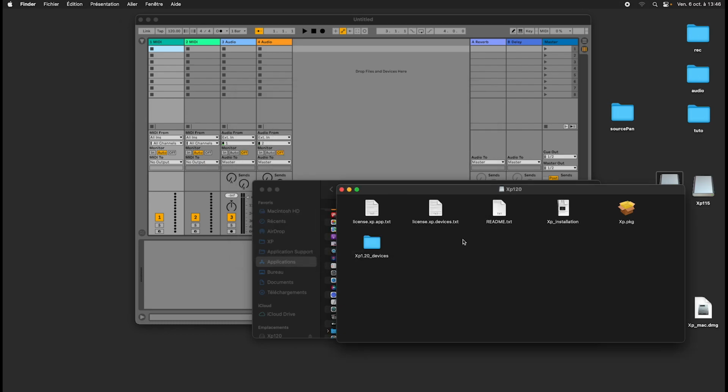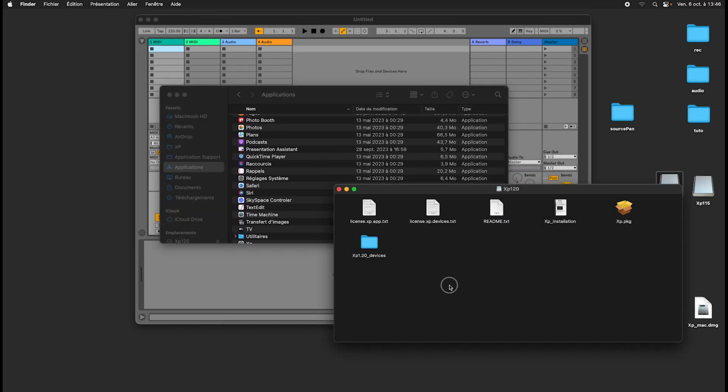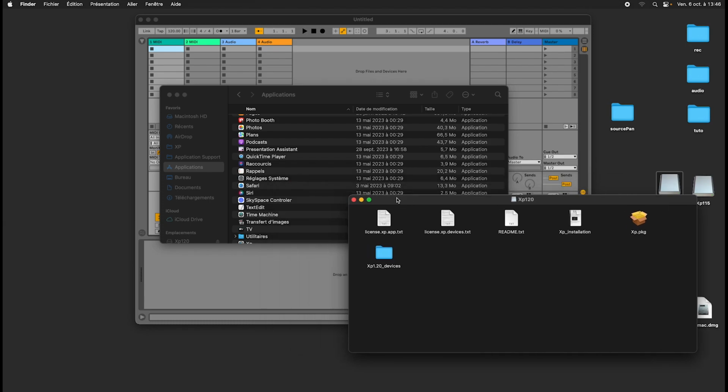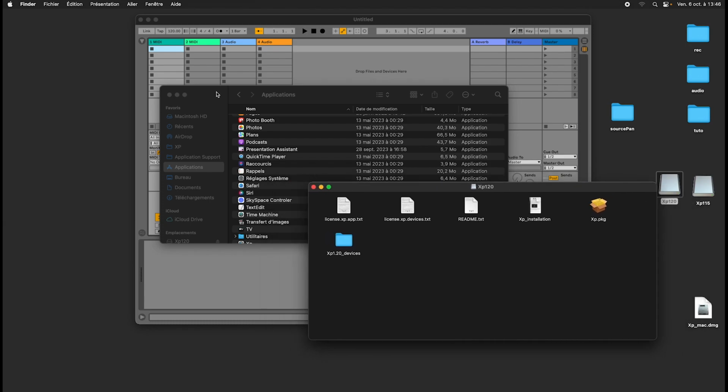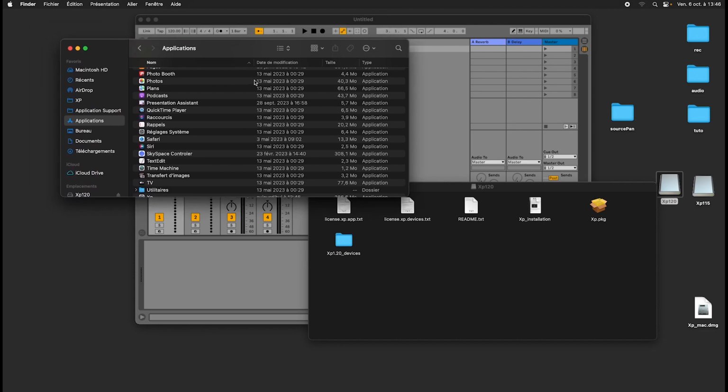I would like to apologize for the fact that the online update system is still a bit buggy. It remains uncertain for some reasons I could detail later. But I would really advise you to download the package from your user account and follow what I'm doing now. It's maybe the surest path to have a clean install. So right now we have the latest